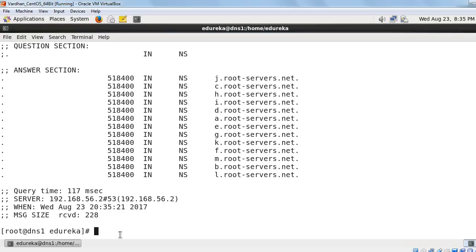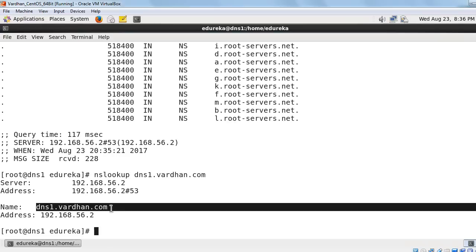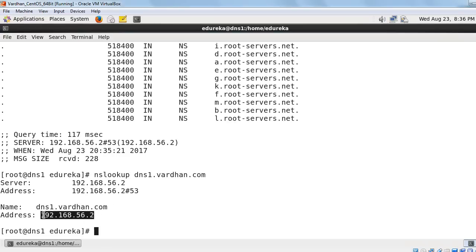Now you can verify this in another way by supplying the nslookup command and specifying the domain name. In my case, it's dns1.vardhan.com. When I hit enter, you can see that it says the server is my IP address, the address where it's hosted is port number 53 inside the same IP address, and the domain name is this, and my IP address. Now similarly, when I do a reverse lookup,